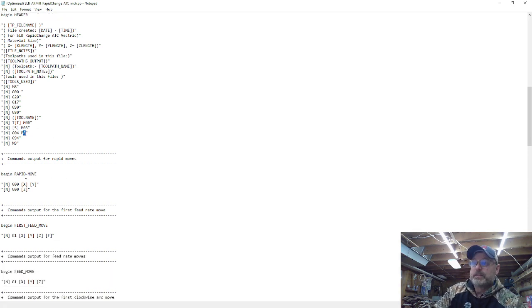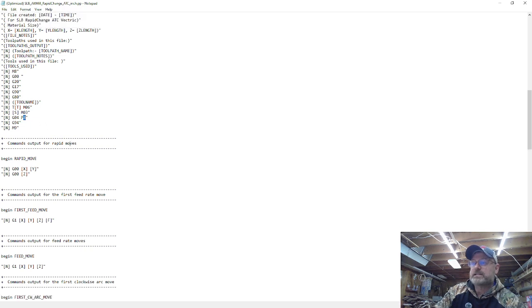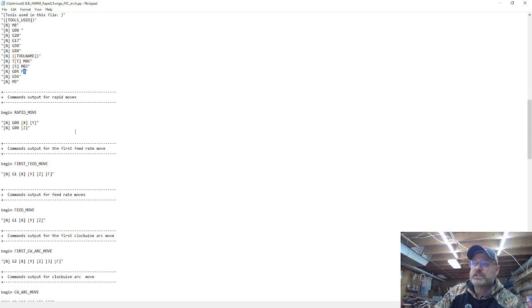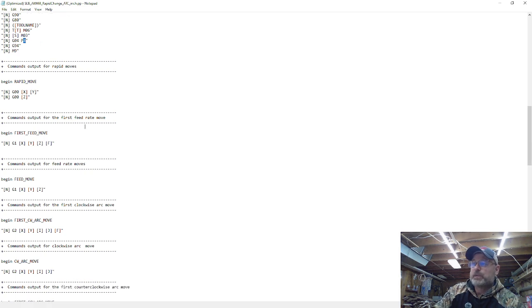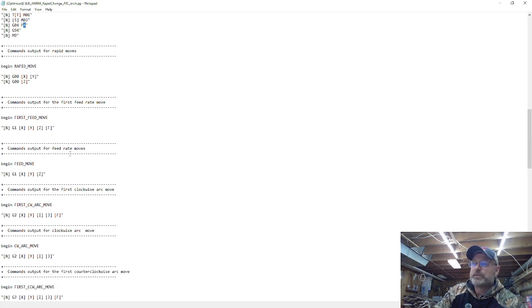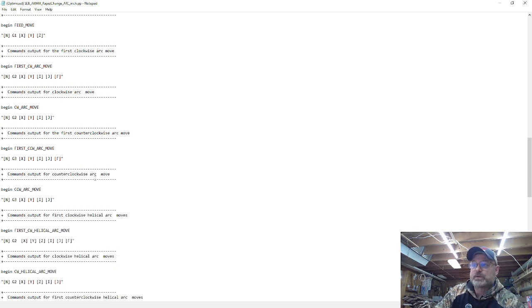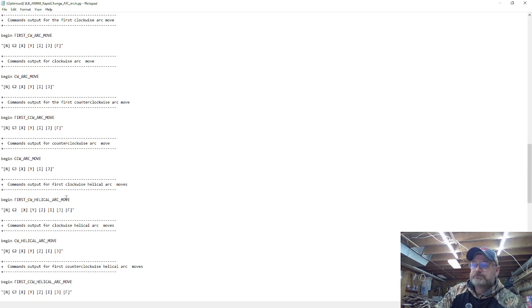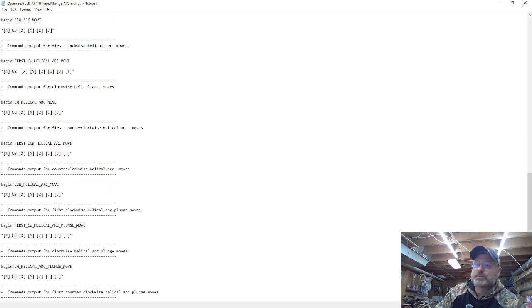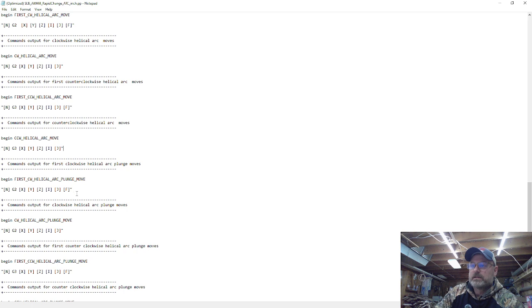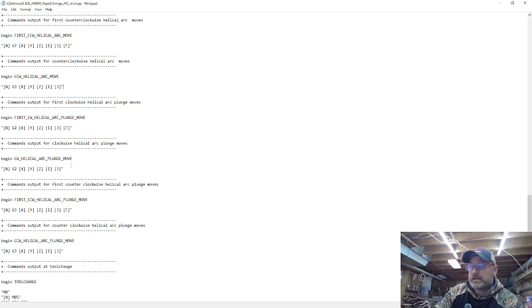All right. And then everything here, so you have commands, output for rapid moves. I haven't changed any of these at all. Outputs for your first feed rate move, output for all your feed rate moves. So you got lots of different commands that you can look at when it starts your first counterclockwise move. You know, all kinds of different things. So this is just the program that's telling your machine what to do, and everything in brackets it's getting from your G code files that it created for your program in Vectric. All right. Coming all the way down,